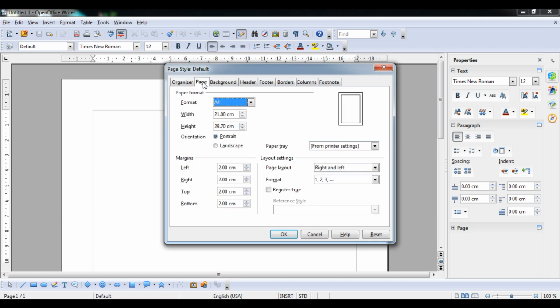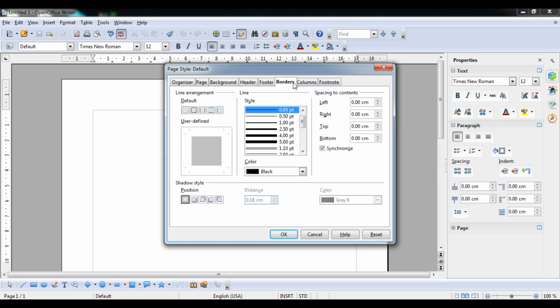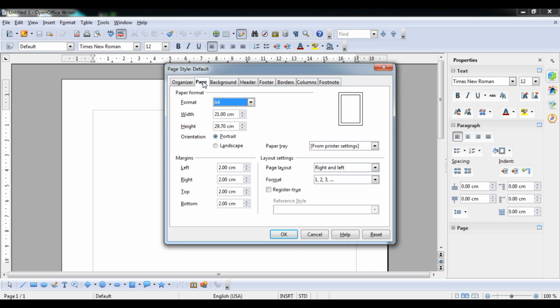Here, student, a number of tabs are present, in which we can see footer, bookmark, column, footnote. So we are talking about the page formatting. By default the page is in portrait mode, in which the width is lesser than its height. In other words, it is a vertical format. And landscape: if the width is greater than its height, that is landscape. Content will be the same, but the page orientation will be different.